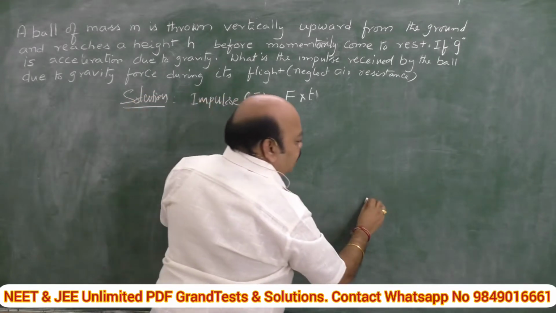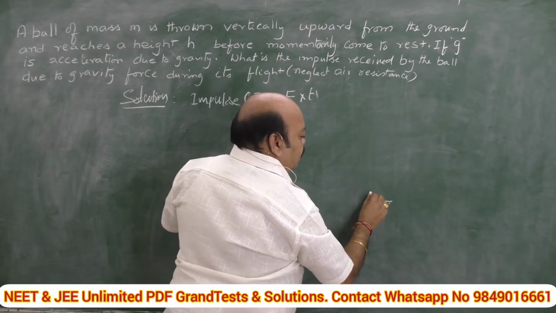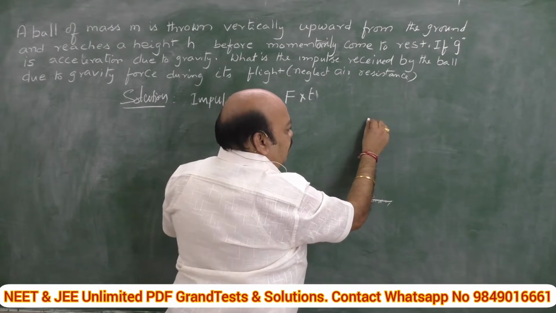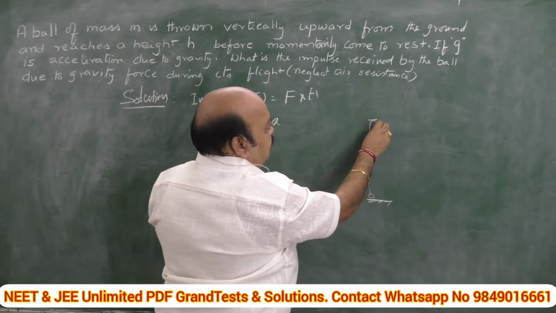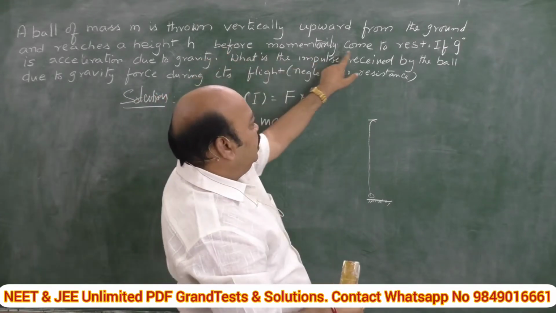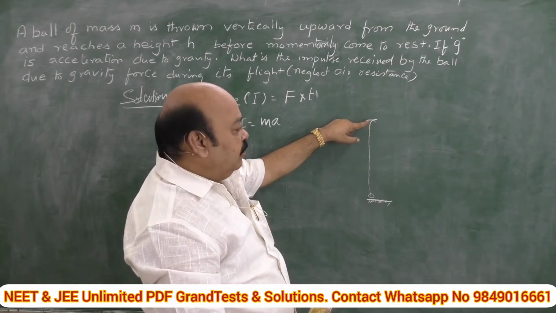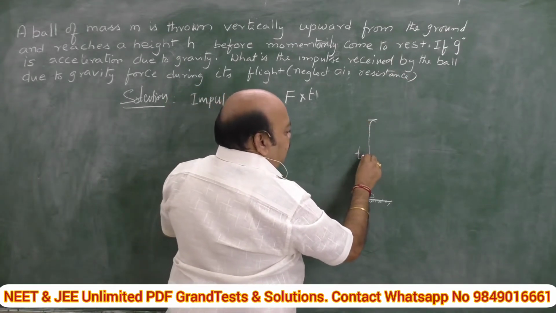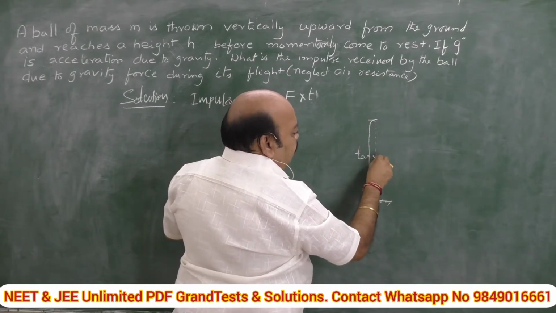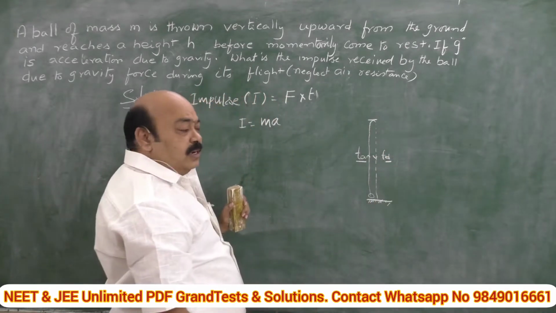When a body is projected vertically from ground level, what is the total time taken to reach the maximum height? It is nothing but time of ascent. After reaching the maximum height, how can we decide? In the problem it is mentioned it momentarily comes to rest at the highest point only. That's why it is time of ascent and time taken to fall down to ground, which is nothing but time of descent. So, time of ascent plus time of descent is equal to total time of flight.